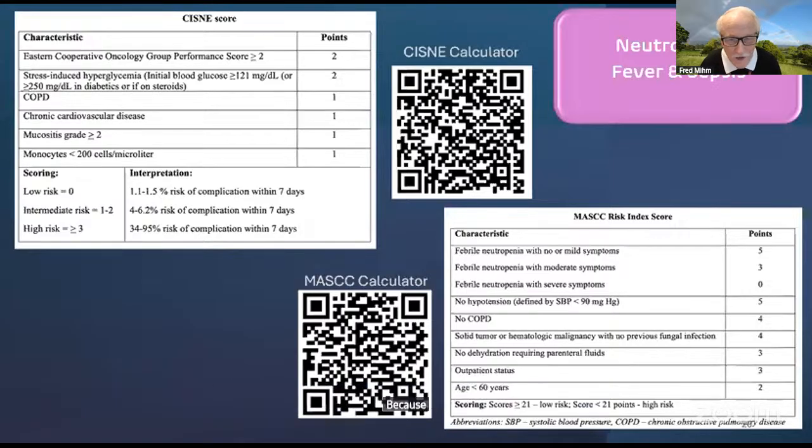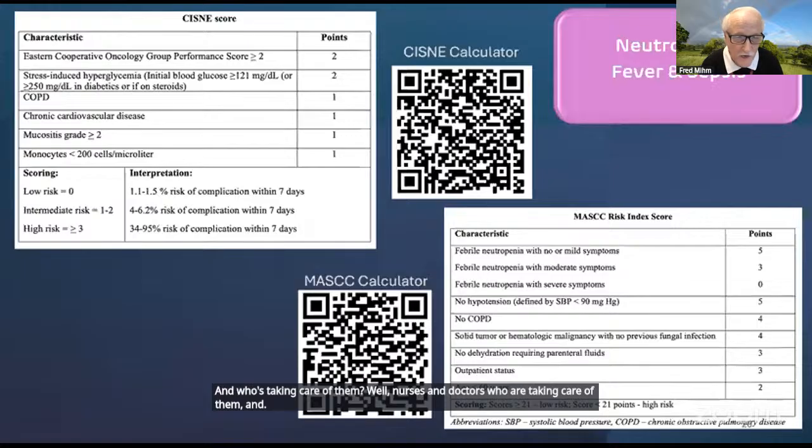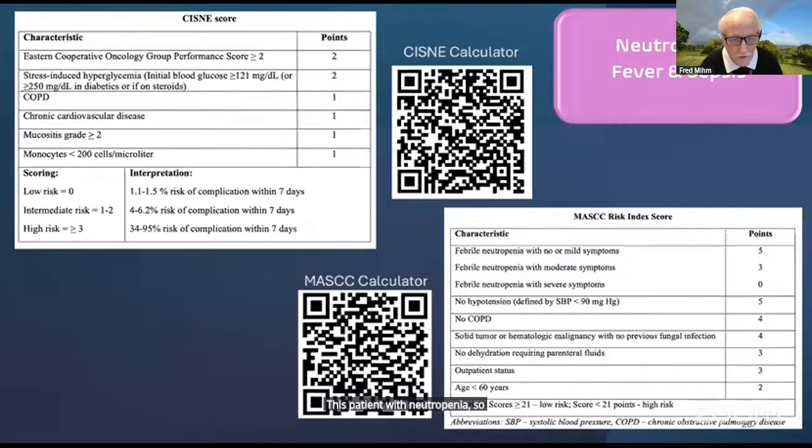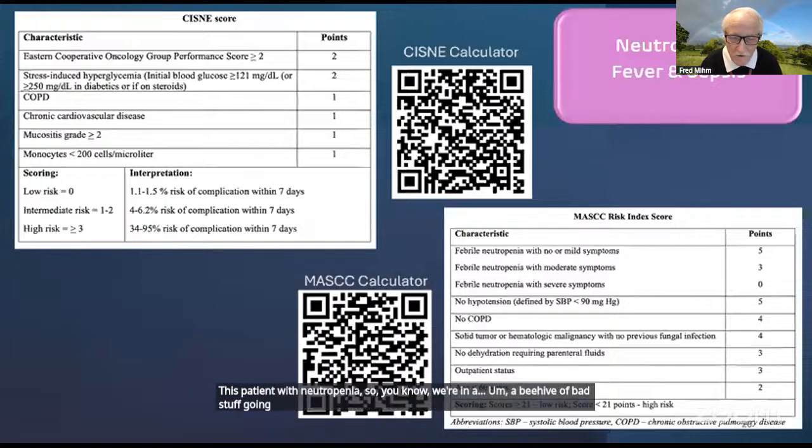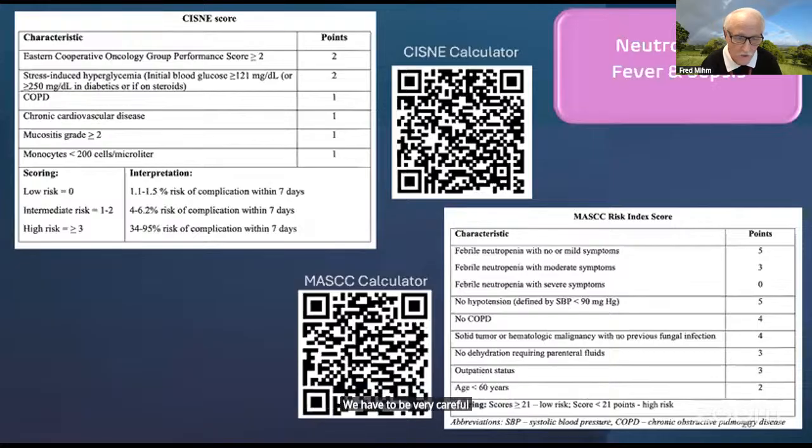Because who's in the hospital? All the really sick patients and all the patients with serious bad infections. And who's taking care of them? Well, nurses and doctors who are taking care of them and this patient with neutropenia. So, you know, we're in a beehive of bad stuff going on in the hospital, and we have to be very careful of how we manage and care for neutropenic patients to protect them from getting those bad infections. So if you don't need to be in the hospital and you're neutropenic, you absolutely do not want to be there. And so this score can help give you some